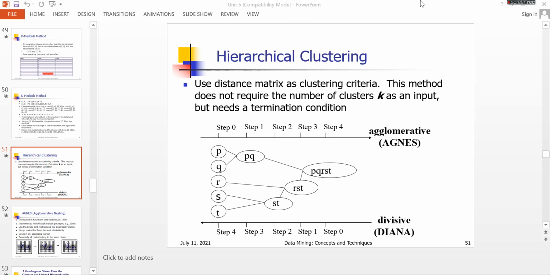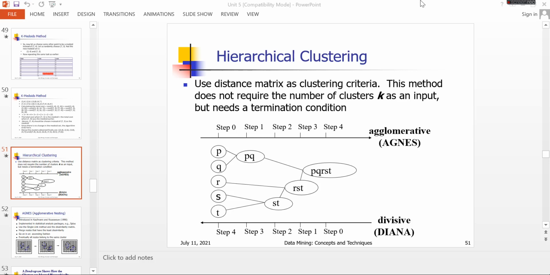Combining the data, you go to a higher level. Again, you combine the data and go to a higher level. Like that, you go from lower level to higher level. That is bottom up. Bottom up is nothing but agglomerative. Top down is nothing but divisive. Why top down? Because from the total data set you are again dividing. That's why it is top down.